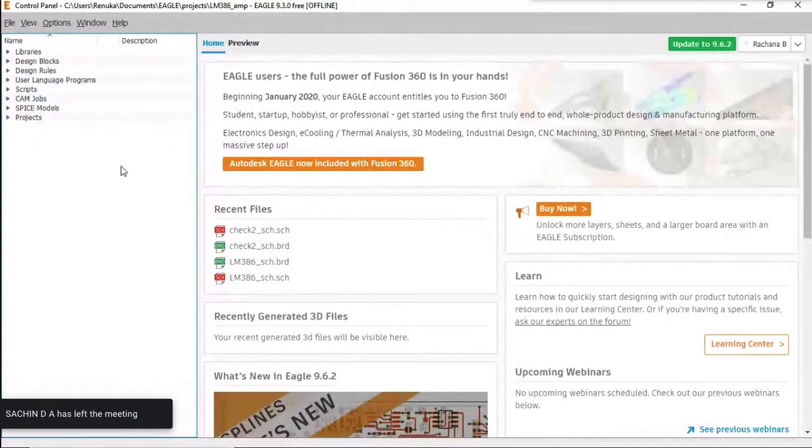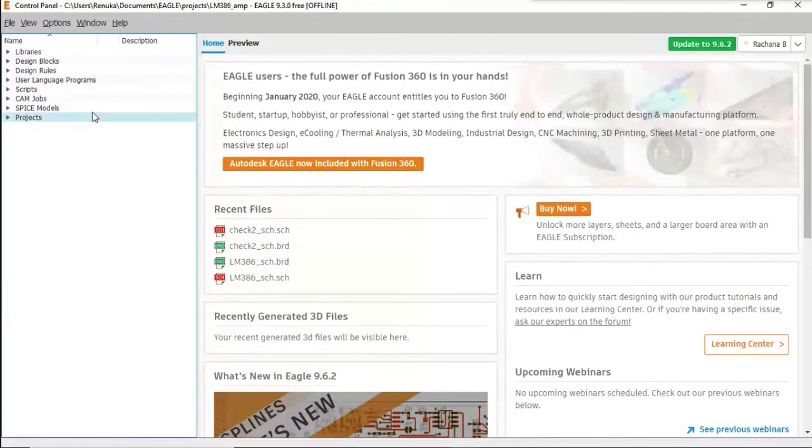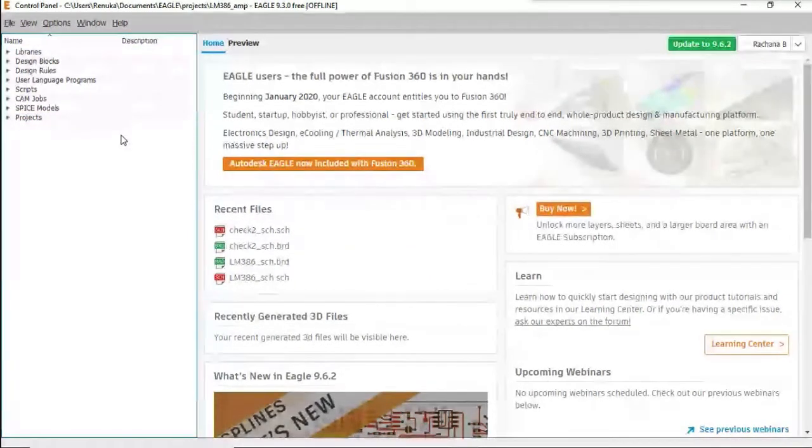I'll just walk you through the various options which are available. I request everyone to open your Eagle software, so that you can simultaneously check what all options you have.